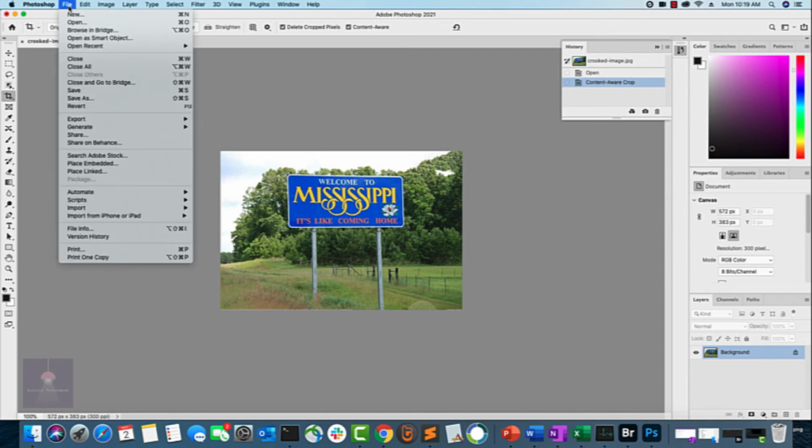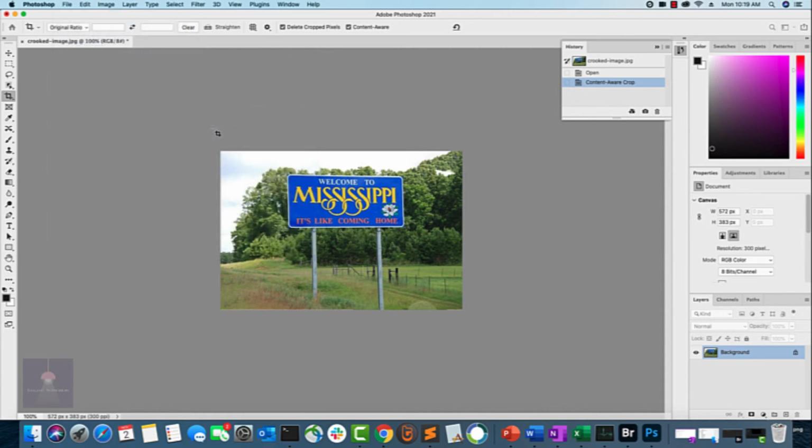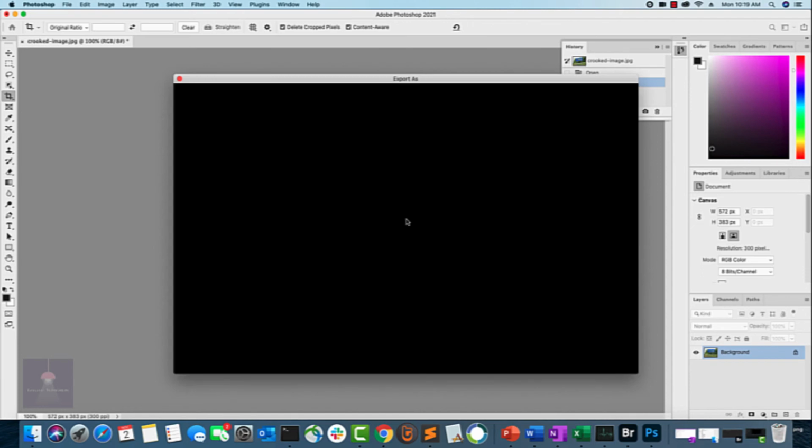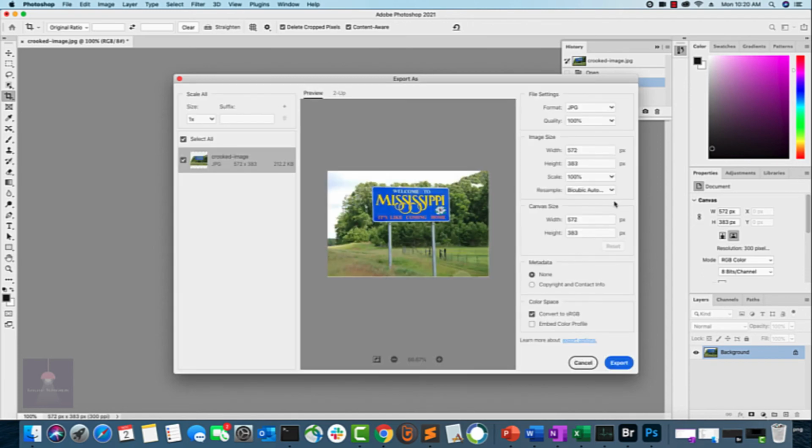Now you can save this image. You can export it as a PNG, or you can export it into any format like JPEG. There are lots of options. You can control the format, JPG, PNG, GIF, SVG, the size of the image, the scale ratio, everything. And then you can click on export,